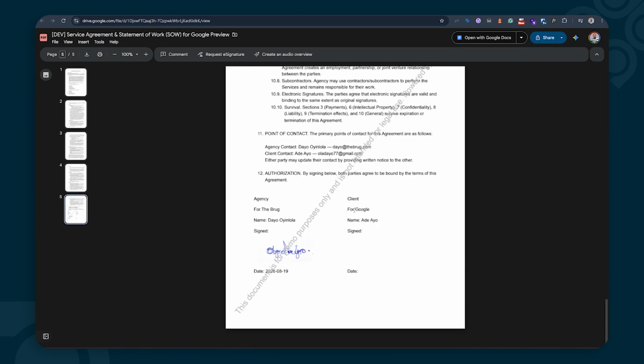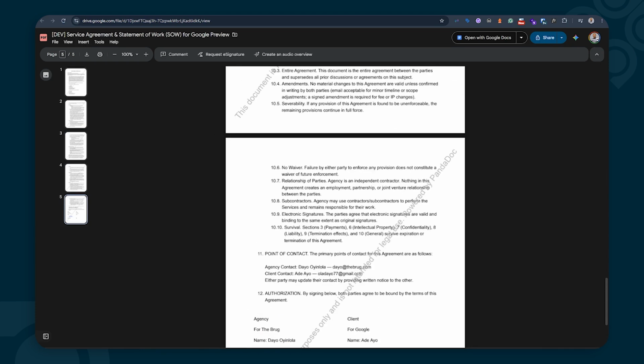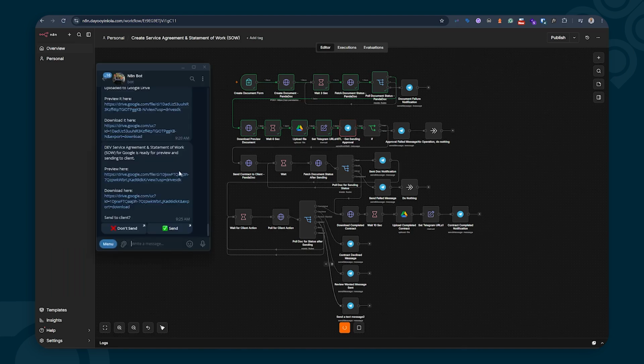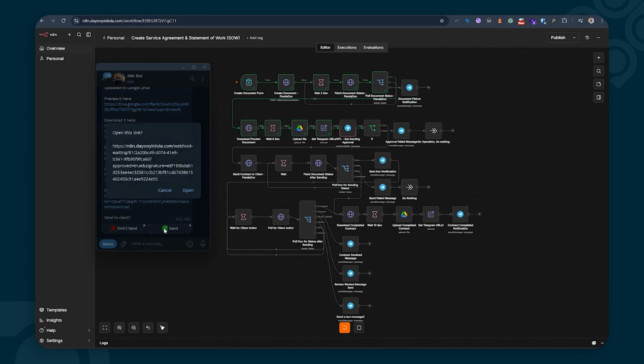The name of the clients for Google, we are working for Google. The name of our POC, Adeayo. POC, everything has been filled in, and if I'm good with this, all I have to do is just go back to my Telegram bot, and I'm going to say, okay, this is good, send to clients. I'm just going to click on send,